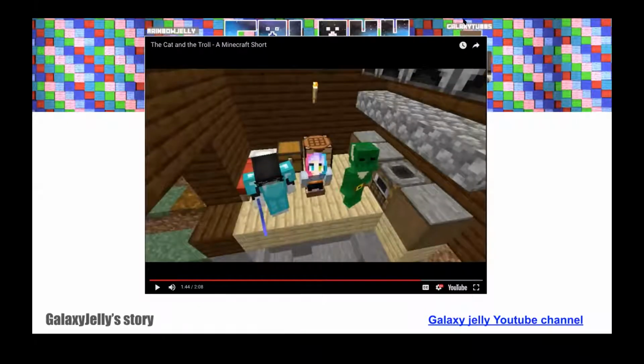Okay, so what we had there, poor troll. What we had there is a troll living under the earth, a troll who lives in his own house, who's come back up through the water, who's living under the bridge, who doesn't like people tripping over the bridge. He goes back down, he gets his TNT, he loads up a trap, he takes out the cat, and then of course he thinks he's pretty happy, but of course you come back to life in Minecraft, you just keep rebirthing, so back comes the cat,